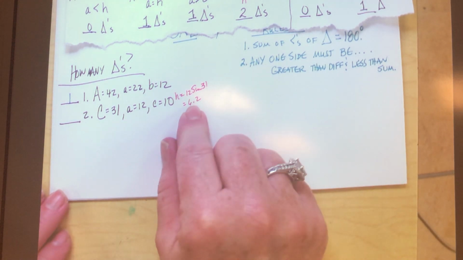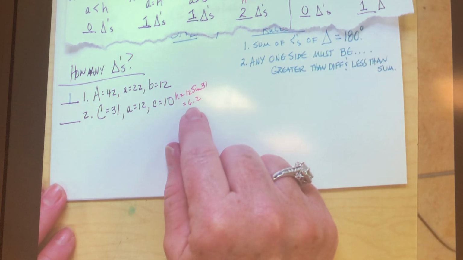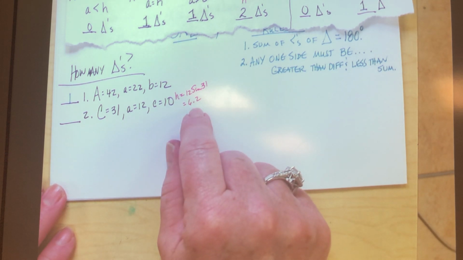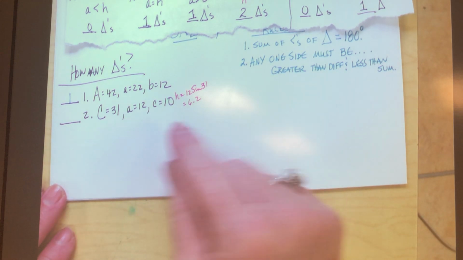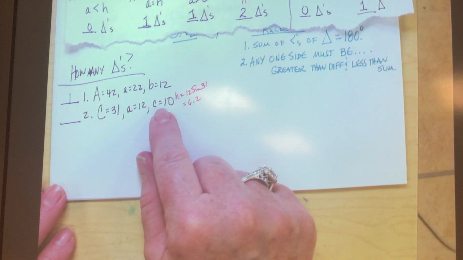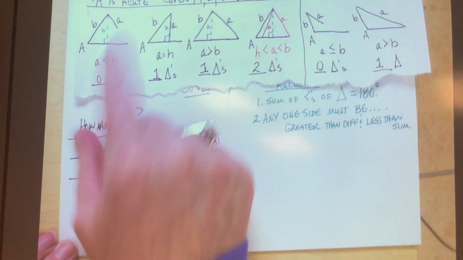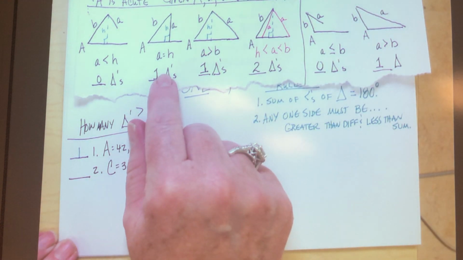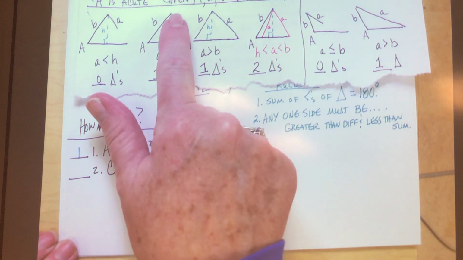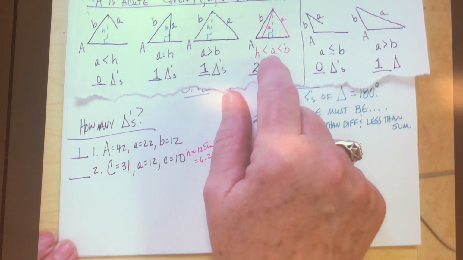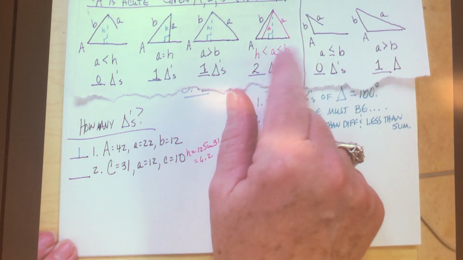I still don't understand how the H and the D go together. How the H and the what? What you just said. I said, is this side bigger than the height? Yes. Think about yesterday when we measured that. I said, what if you made this side shorter than the height? How many triangles could you make? 0. If that side is shorter than the height, you couldn't make a triangle. It wouldn't reach down there. If it were equal to the height, we made one triangle. He was right on top of the height. And then, if that side is between the height and the other side,